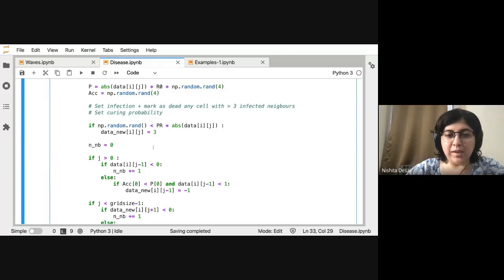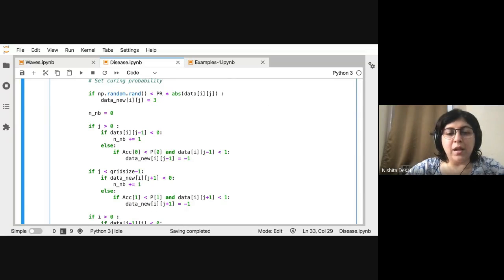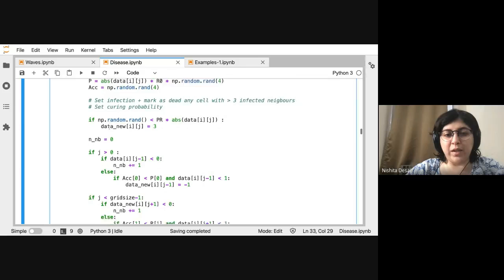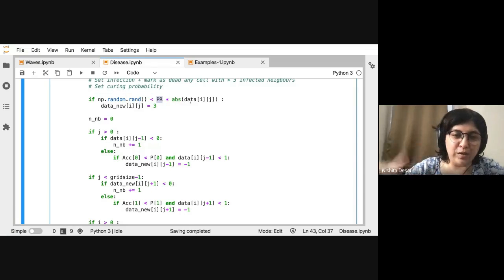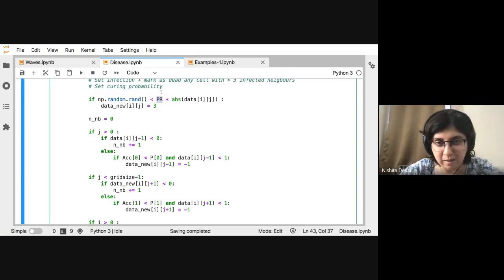Okay, so then we do the same thing as we did before, right? Except one more thing that we need to add, now that we know that the person is infected. We just want to let the person be cured with a certain probability, right? It's not necessary actually to do this, but anyway, I went through several iterations of the code, so this is some remnant of the old code. You could have also just had PR, that's fine. So if your random number is less than PR, that's the probability of recovery. Let's remove this and see what happens.